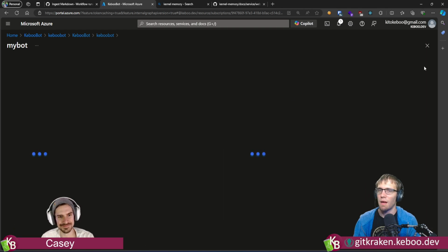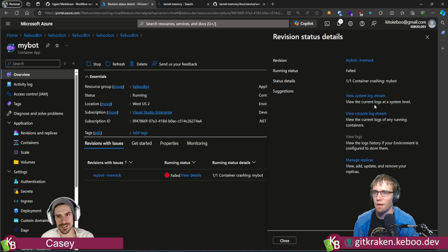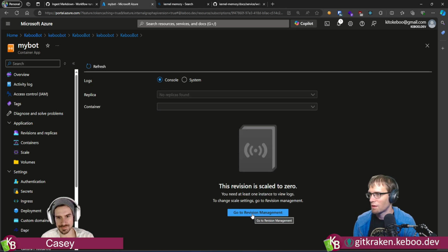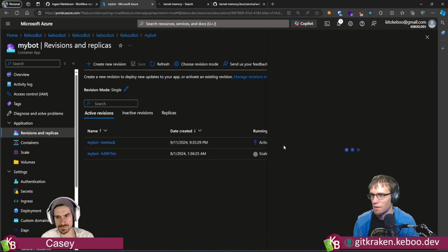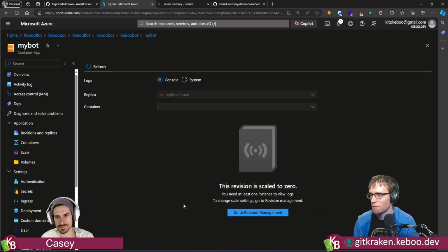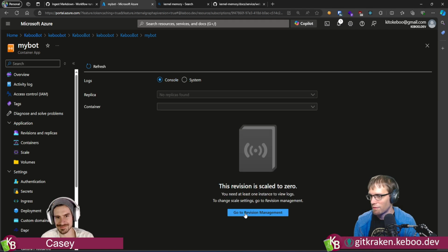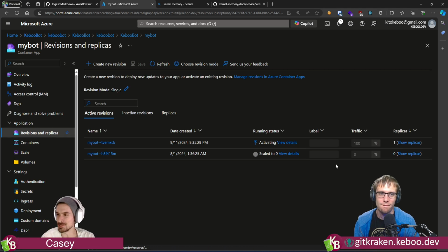So, what I do not like, this X in the corner is what I want to click on. Failed. View details. So let's go with console output, I think. Go to revision management. View details. Console log. Okay. You are not helping me. I want the console output for this. This just makes me feel like I'm back in Kubernetes.